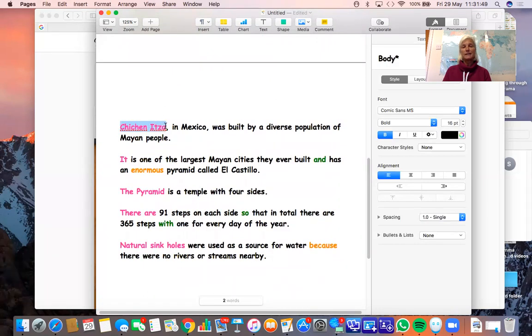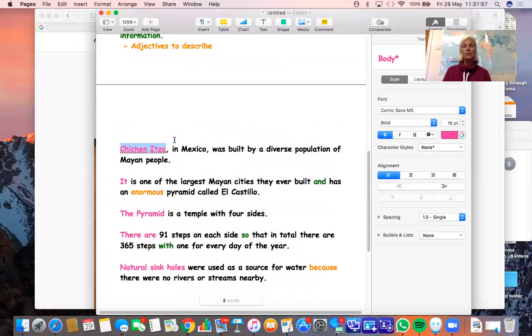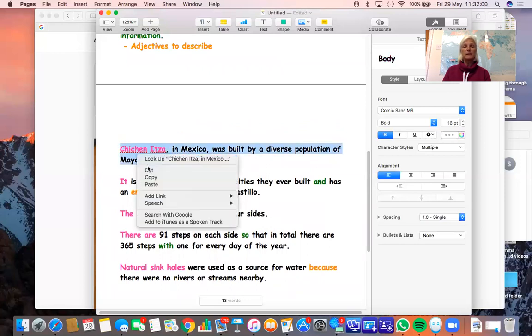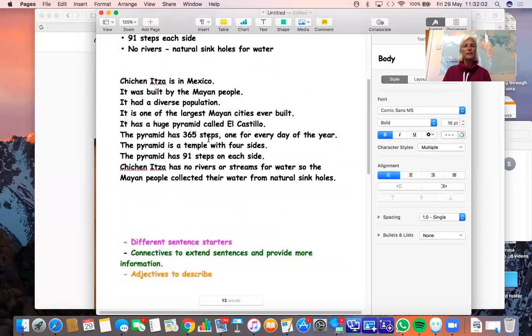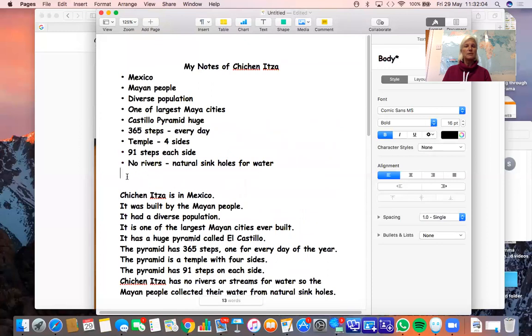Chichen Itza in Mexico was built by a diverse population of Mayan people. So if you look at that one sentence, let me just see if I can copy it back up here, and you can see what I've actually done.